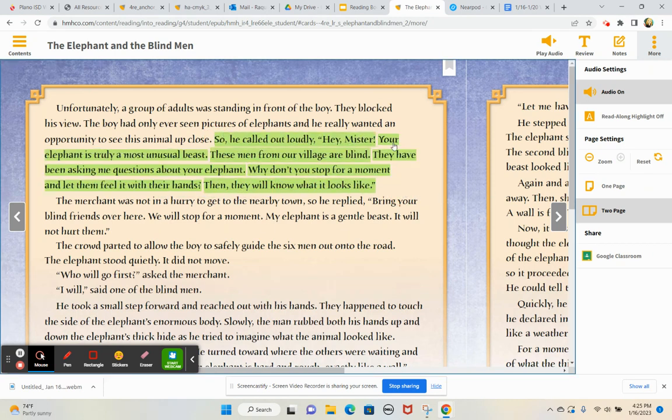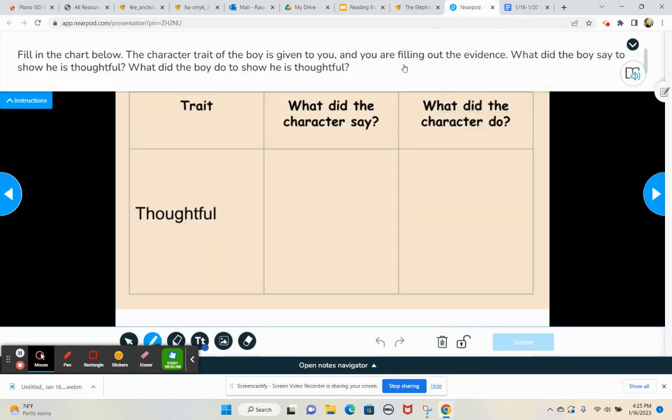So he called out loudly, "Hey, mister, your elephant is truly a most unusual beast. These men from our village are blind. They have been asking me questions about your elephant. Why don't you stop for a moment and let them feel it with your hands? Then they will know what it looks like." So if we go back to our Nearpod, what did the character say? Well, the character said,